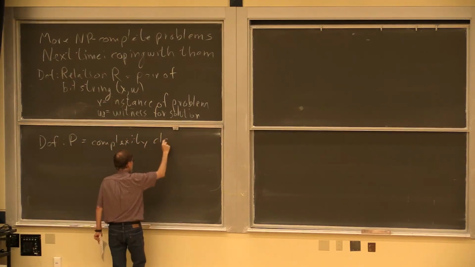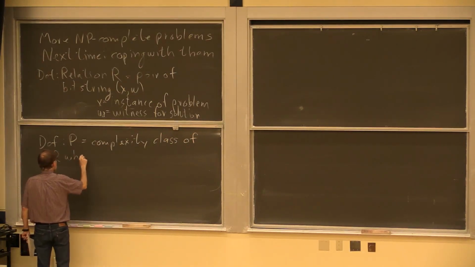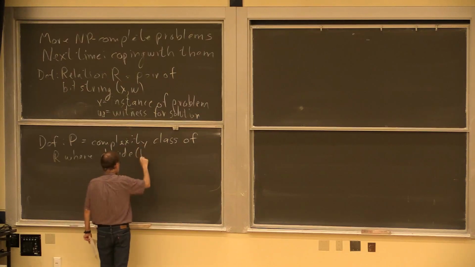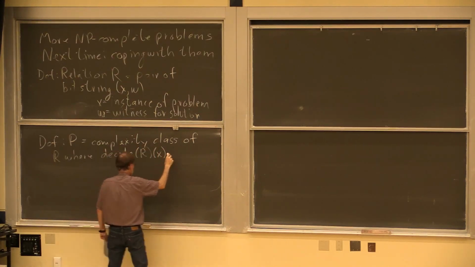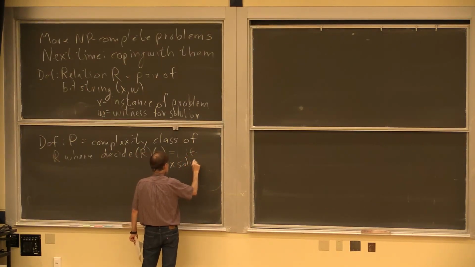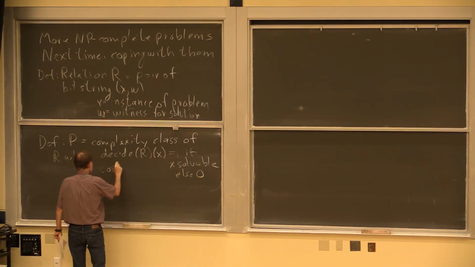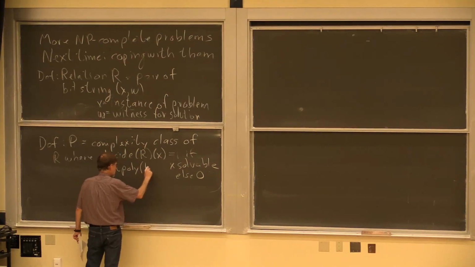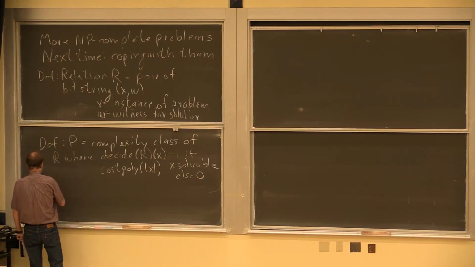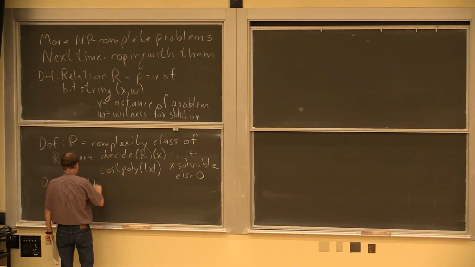So this is the complexity class of problems, of relations, where if you want to decide for that particular relation whether X is solvable or not, and that is going to be 1 if X solvable, else 0, that costs polynomial time in the size of the input, which I use absolute value sign to indicate. So that was P. And then we got to define NP, which was all relations R